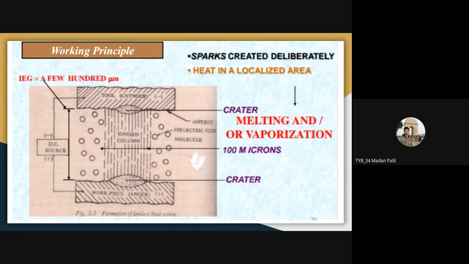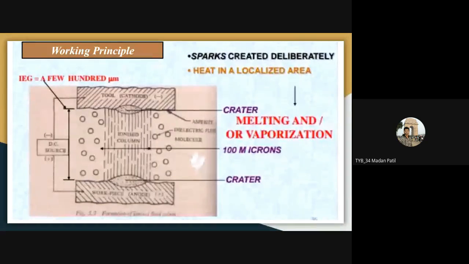Here we are normally using kerosene, water, or some other appropriate dielectric. In this EDM process, electrons are also detached from these neutral molecules of the dielectric, resulting in still more ionization, and the ionization becomes so intense that a very narrow channel of continuous conductivity is